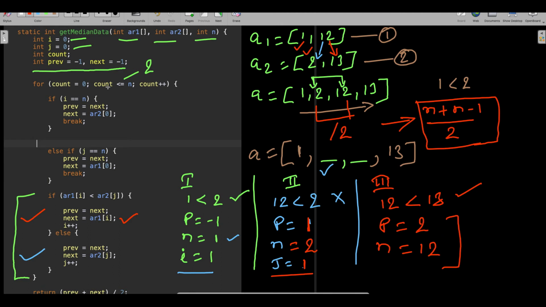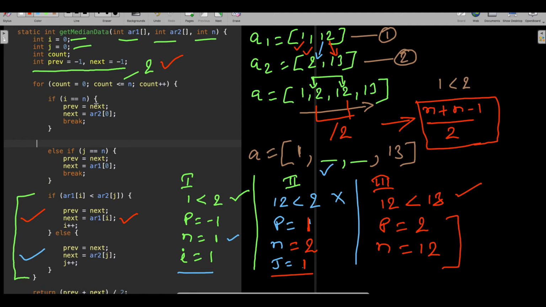And now whether this loop will run, it will not run because the size was 2, and now count also became 2 because we ran 3 times. So the first time when we ran, count was 0, second time when we ran, count was 1, third time we ran, count became 2. So 2 less than or equal to 2, that's it, right?